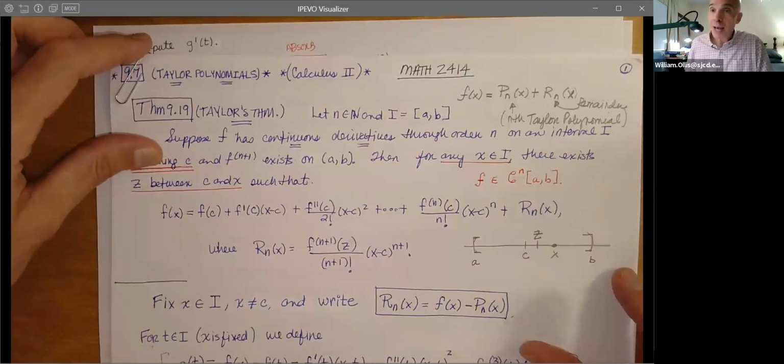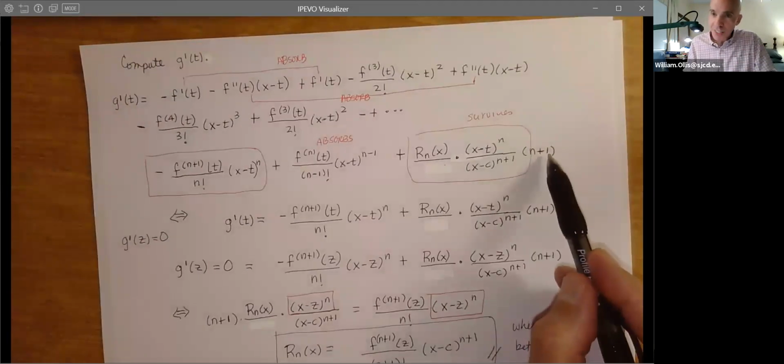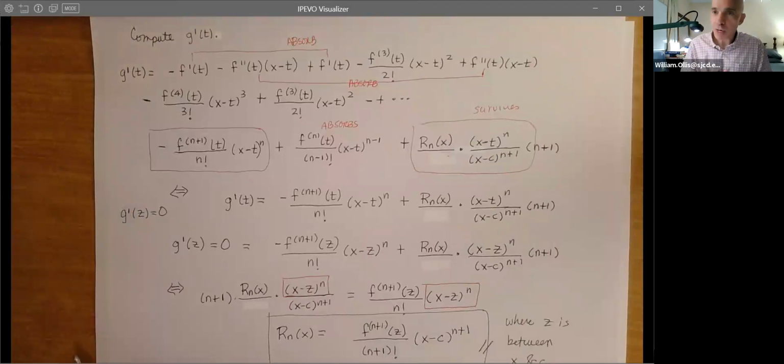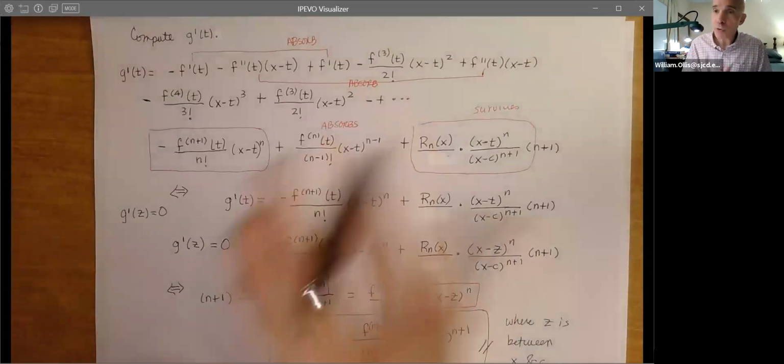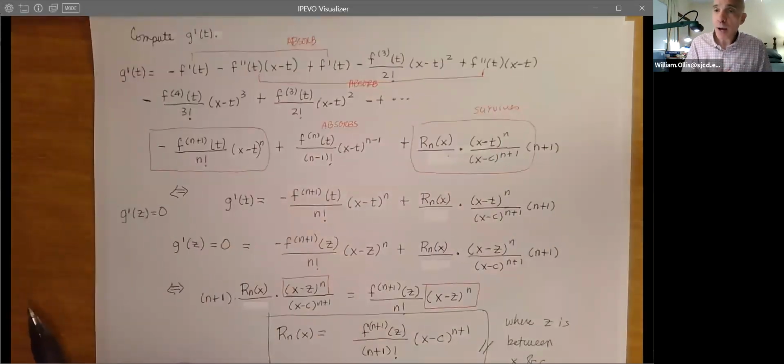So I was not lying to you, but it is important to have the n plus 1 factorial in the denominator so that our remainder theorem comes out okay. So I want you to understand this. I want you to know the components of this proof. This is like the fundamental theorem of calculus in Calculus 1. And ladies and gentlemen, if you do not know that proof, you need to learn it.